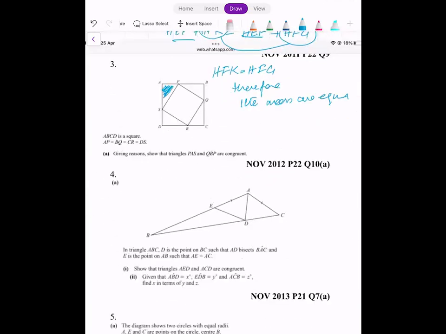PAS, which is this, is congruent to QPB. All right, so this is a square. If I say AP is equal to X, this is also equal to BQ. So ये X है, ये भी X है. And since it's a square, AB is equal to BC is equal to Y. And I'm considering the whole thing as Y. So can I say PB is equal to